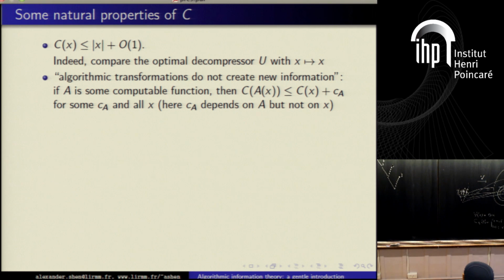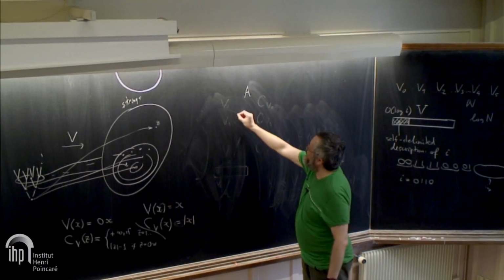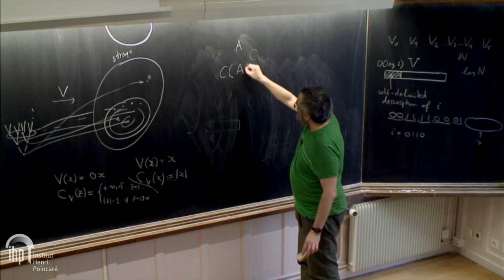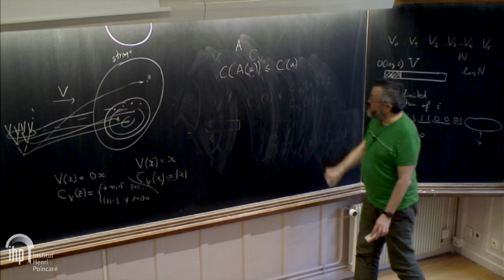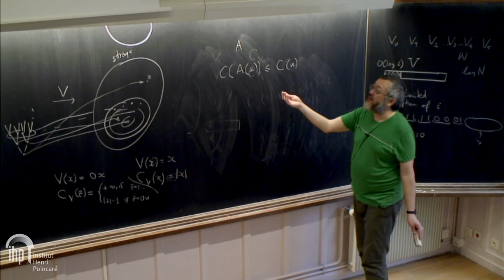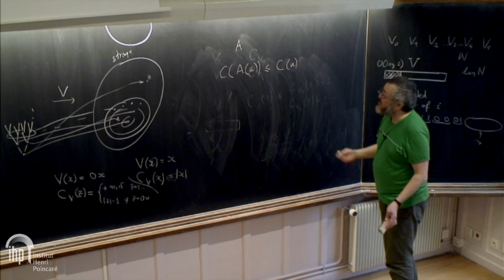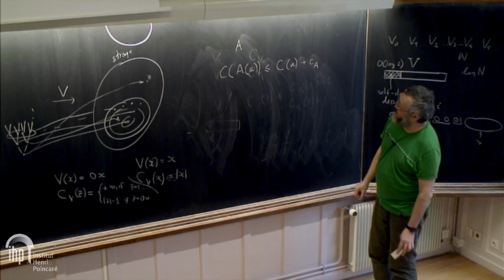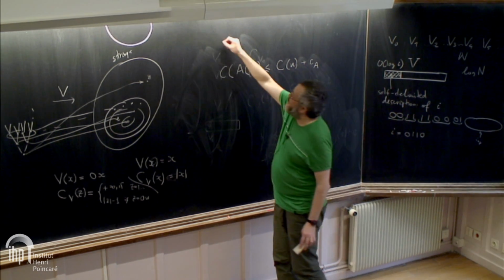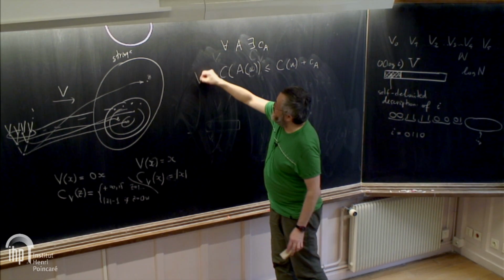Conservation of information. So if we have some algorithm A, then normally the complexity of the output of this algorithm should be bounded by the complexity of the input. Plus, of course, the algorithm can just append some long string, so there should be some constant depending on the algorithm. So for every algorithm, there exists a constant C_A, such that for every string,